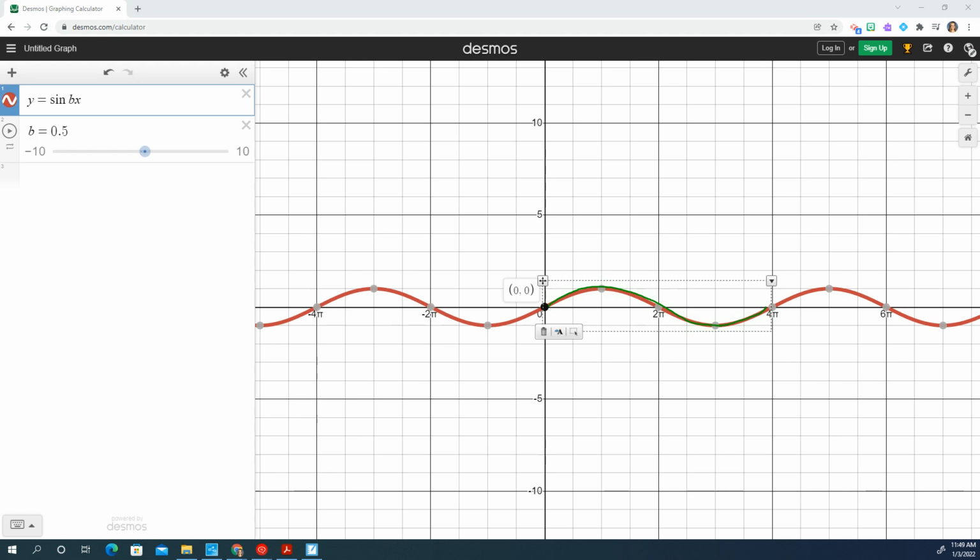There's one cycle, and then it repeats. I'm trying to click on 4 pi. There we go. And then it just repeats from there. So in this case, my